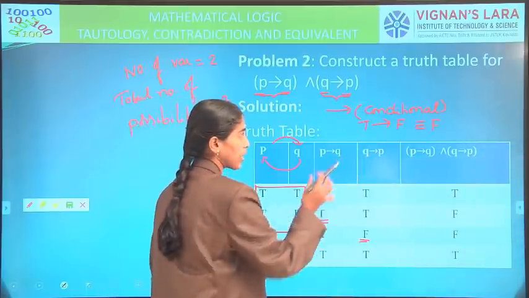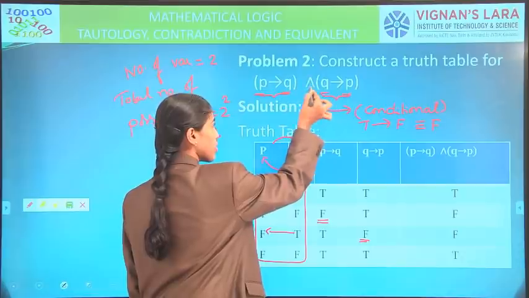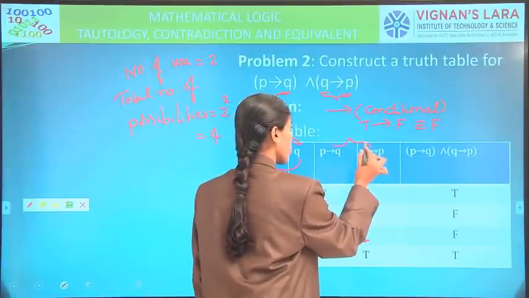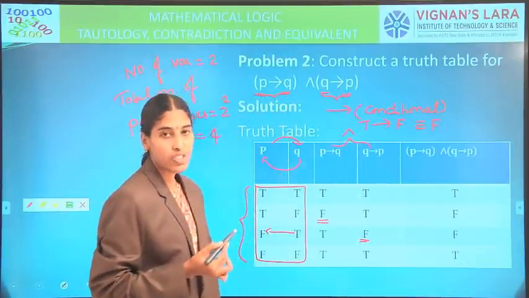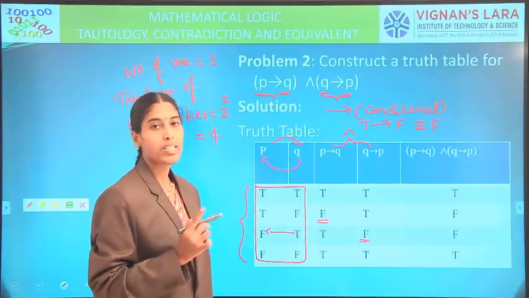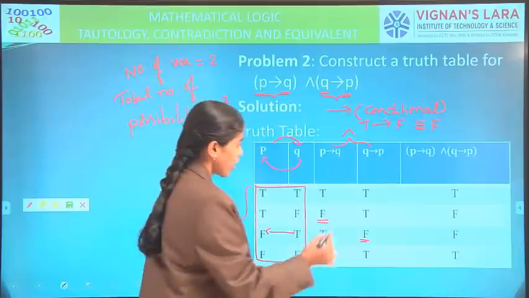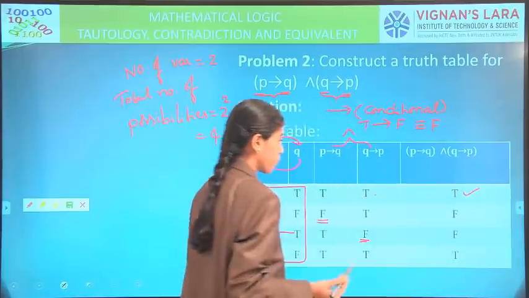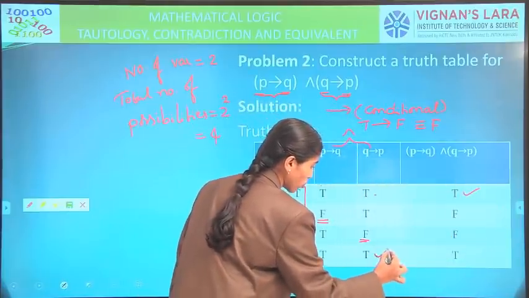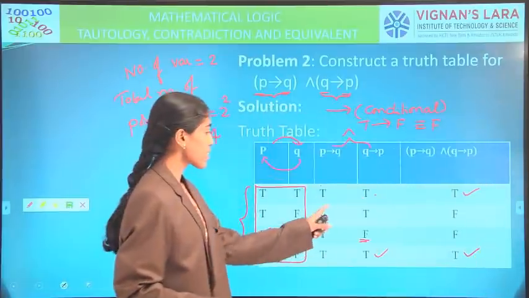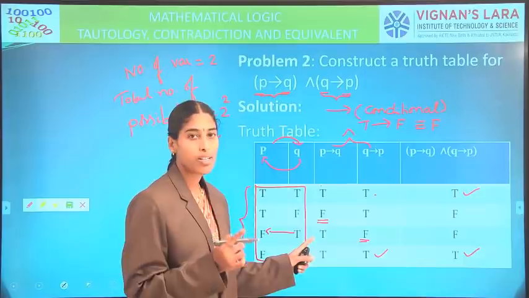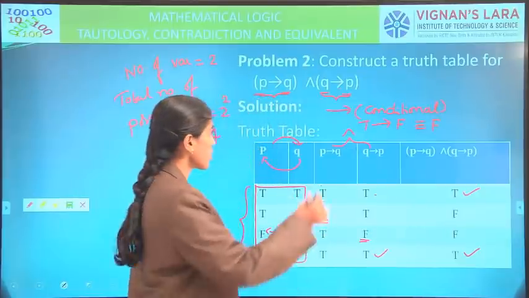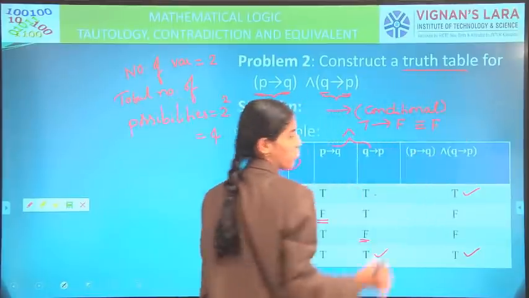So 2 parts completed. Now for these 2 parts, in between these 2 we need to apply and, otherwise conjunction. In the conjunction table it is true only in one case. If both are true it is true. Right. In the first case both are true, so it is true. In the last case also both are true, so it is true. Whereas in the second and third cases any one is false, and in the conjunction table it is false. So in these 2 cases it is false. This is the truth table construction of the given proposition.